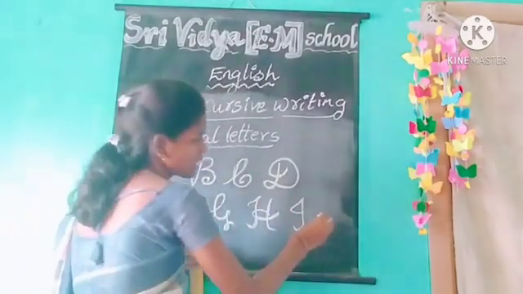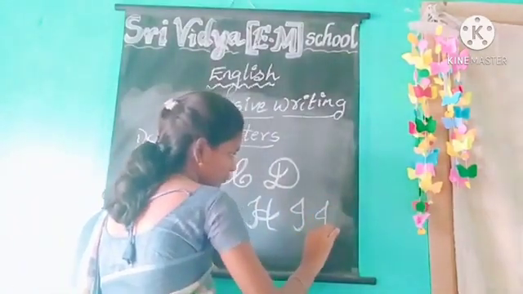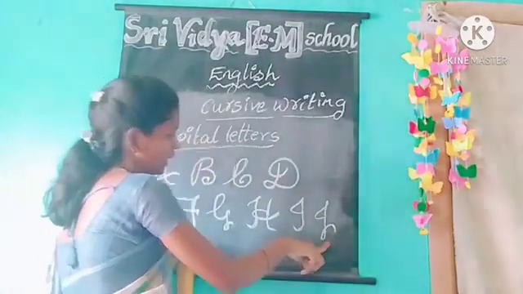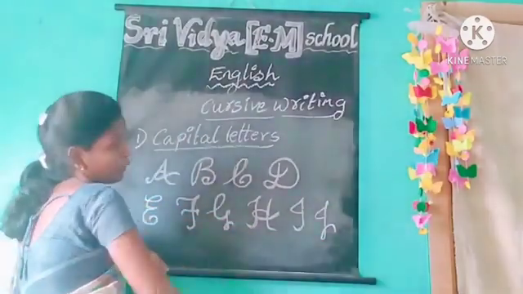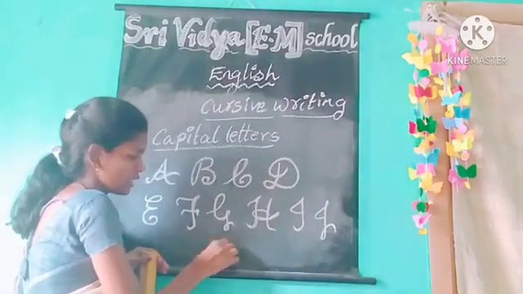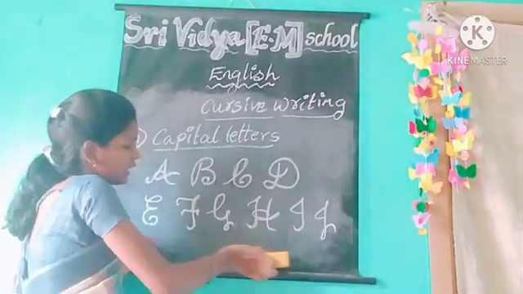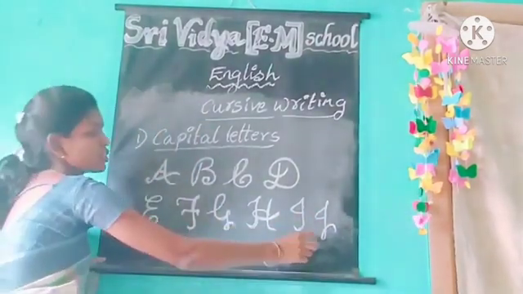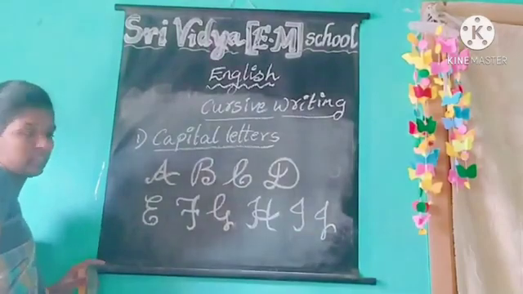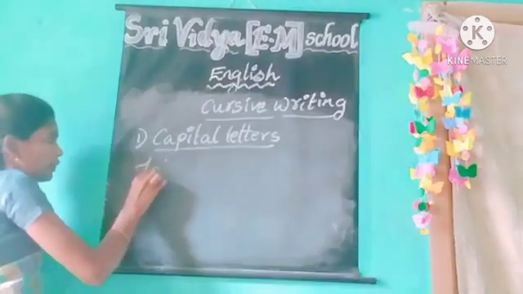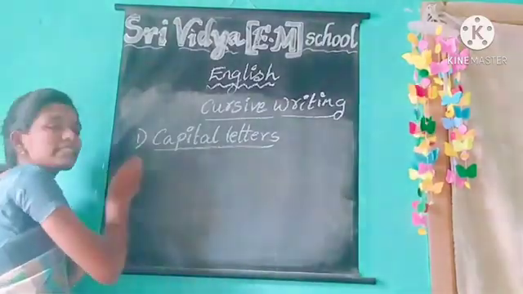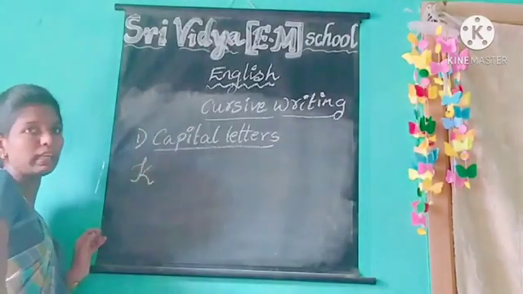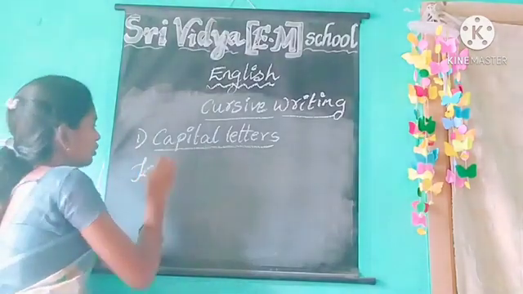Okay. Next is the J. After I comes J. J should be written like this. Okay. You know, small letters we write J in this way. So in the cursive writing, capital letter J will be like this. Next, after I, J, the next letter is K. Very good. Look here, after completing the J, what is the next letter? K. So the next letter K will be similar to the capital form of normal letters.